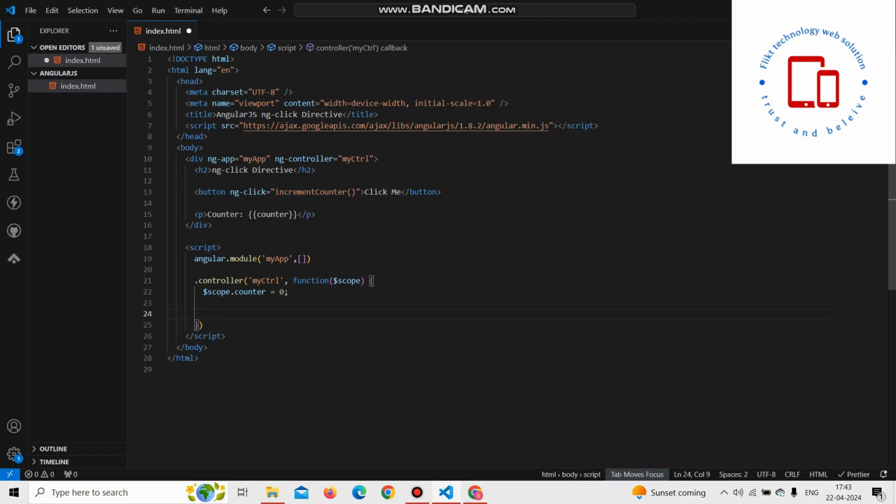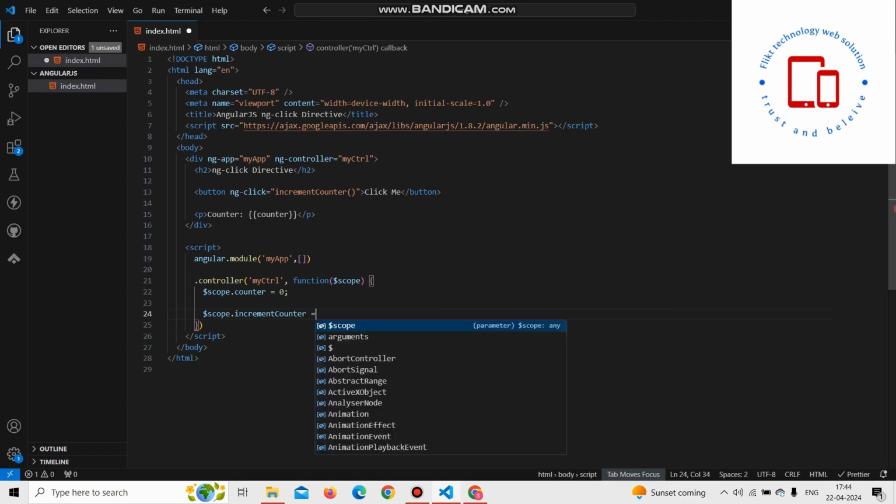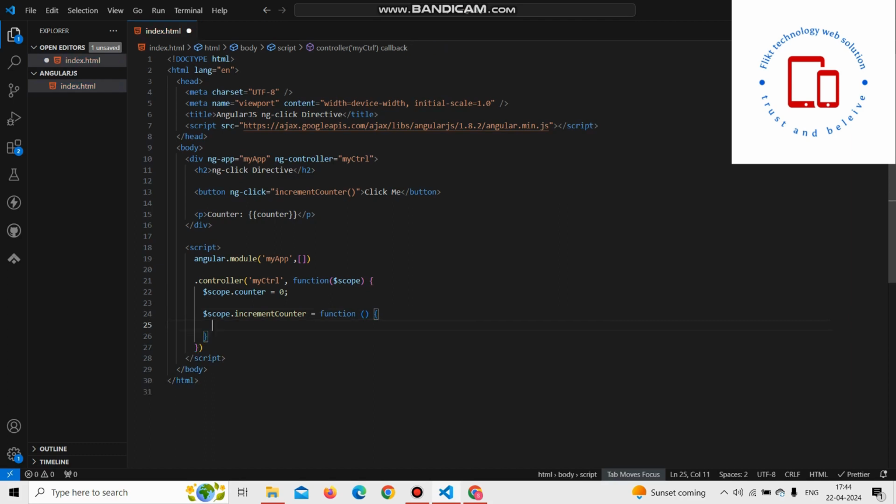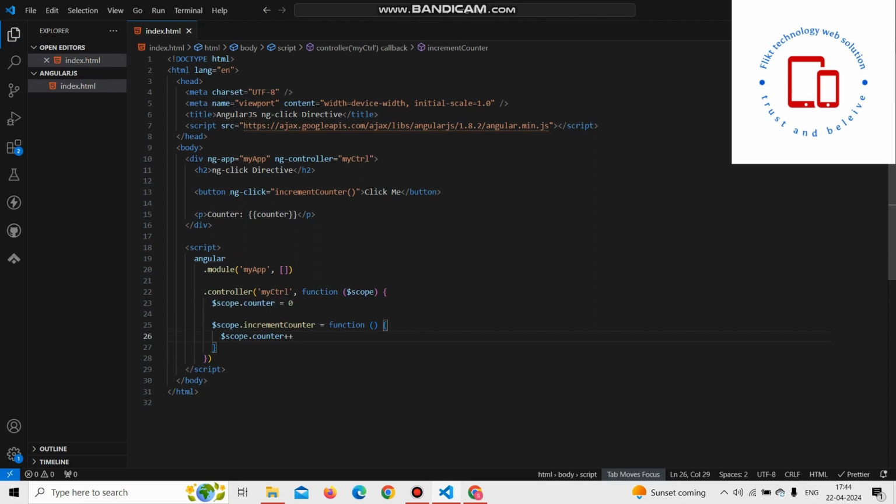and I am going to give a function to increment the counter, scope dot increment counter equal to function, scope dot counter plus plus. If I save this,